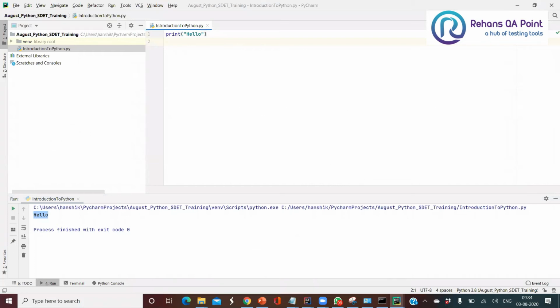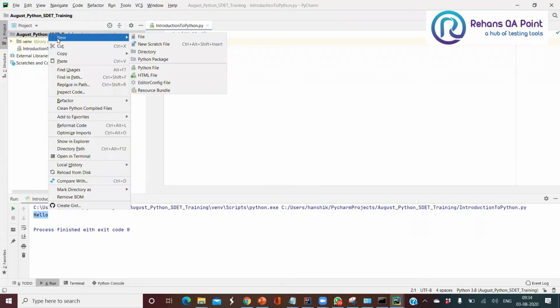So now we have seen how to install PyCharm, how to create a project inside PyCharm, and how to write a basic script and validate whether the PyCharm programs are running correctly. To create your Python file, choose your project, right click on it, go to New and choose the file type as Python file.